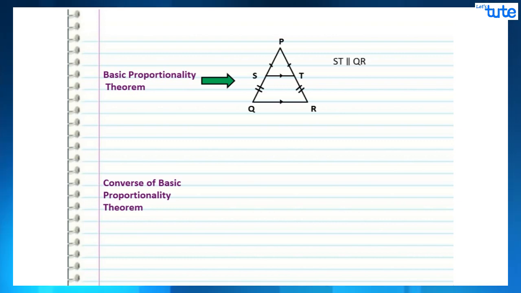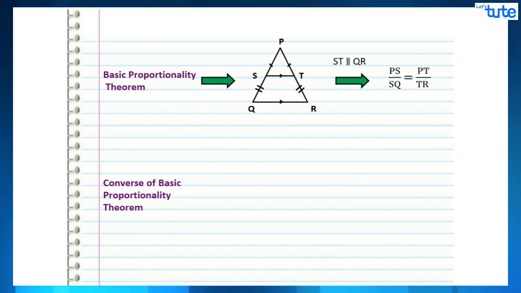The first is the basic proportionality theorem. It states that if a line is drawn parallel to one side of a triangle to intersect the other two sides in distinct points, the other two sides are divided in the same ratio. Say for example in triangle PQR, if ST is parallel to QR, then PS upon SQ equals PT upon